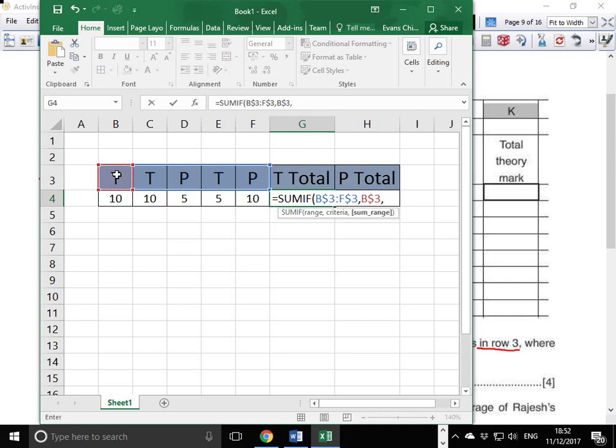Then the sum range, which are the values that you're going to add, from this one to this one. Also make sure that all of the values in the sum range are relative, because you want B to adjust and you want the row number to adjust as well. Okay, and then just say okay